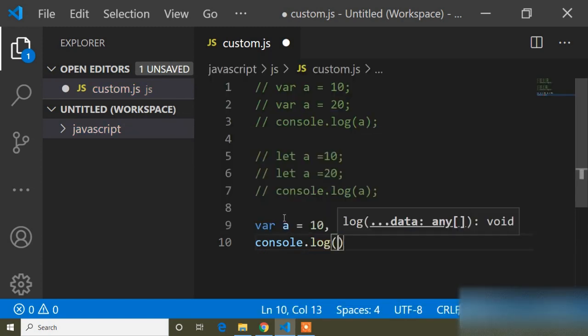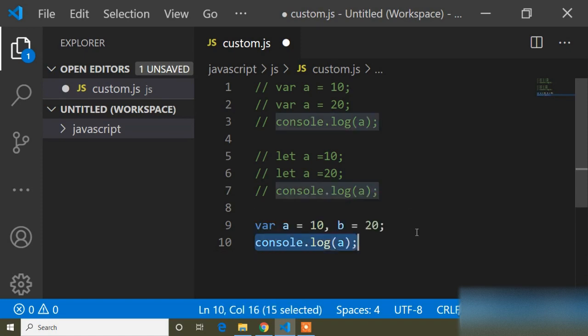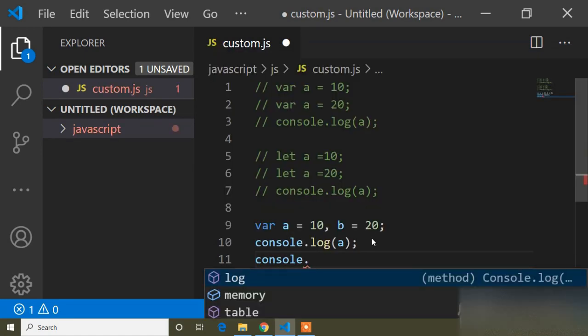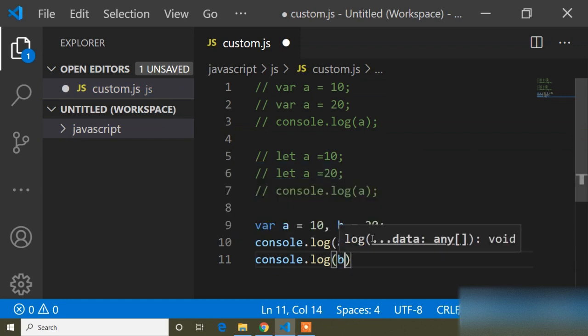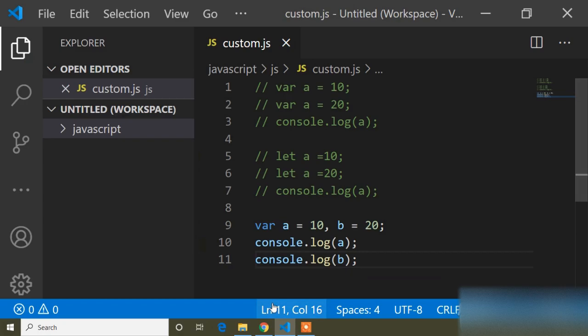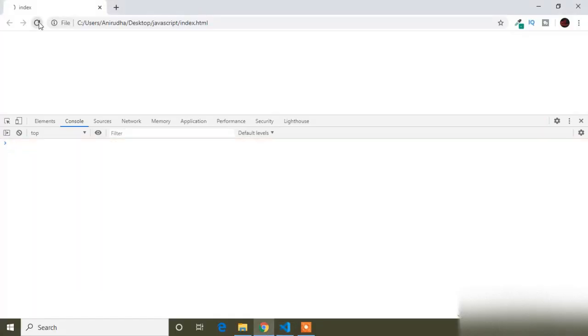So here I can print with console.log, one time I will print A, and now I will copy and print console.log B. So let's see what's showing here. You can see it's showing A's value is 10 and B's value is 20.